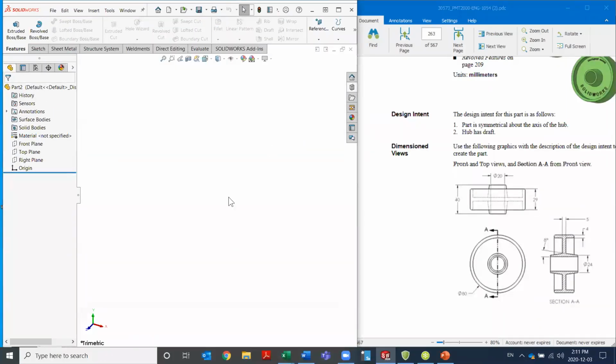So here we go, we've got that open up. And if I look at this, it says that we've got the front and top views. So here's my front view, here's my top view, and I've got a section view. So here's the section view on the side here. So with that in mind, I'm going to try and kind of mimic what they give us. So if I go to the right plane and start a sketch,